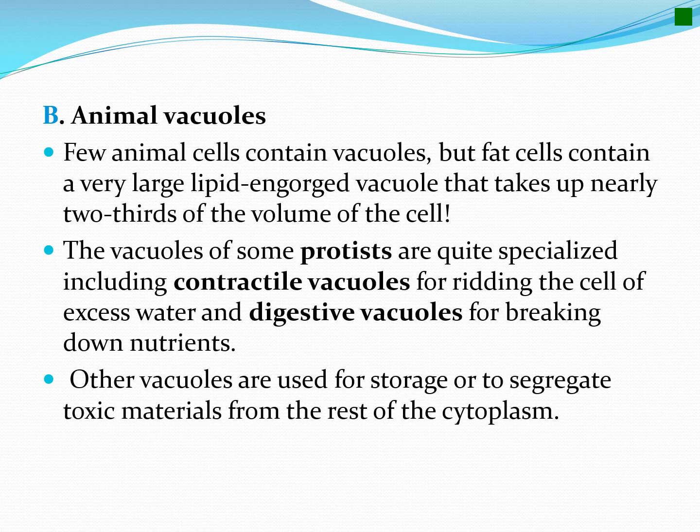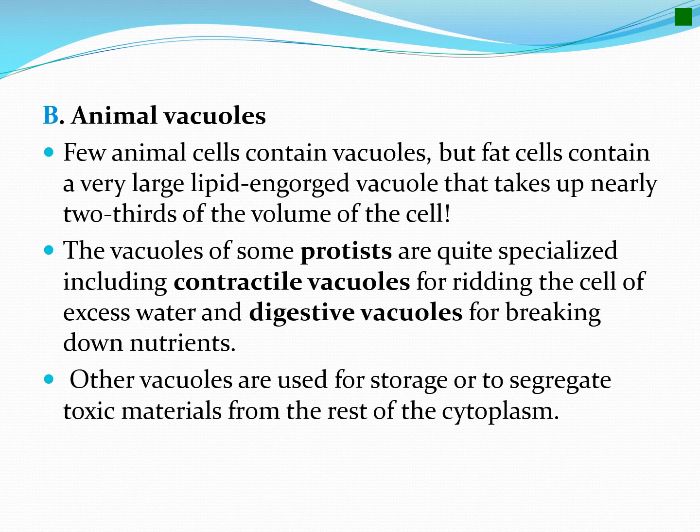The vacuoles of some protists are quite specialized, including contractile vacuoles, for ridding the cell of excess water, and digestive vacuoles for breaking down nutrients. Here we talk about, for example, some protozoa. We have examples like amoeba, like paramecium, etc., which are able to pump the excess water outside their organism